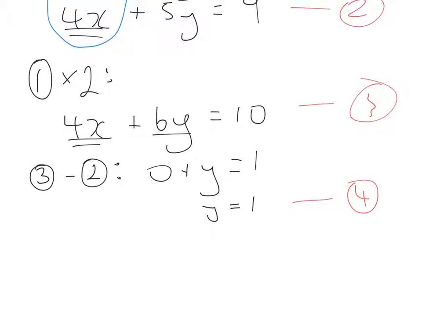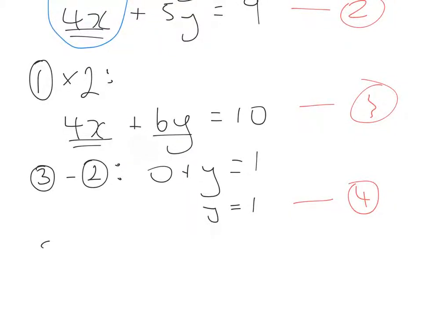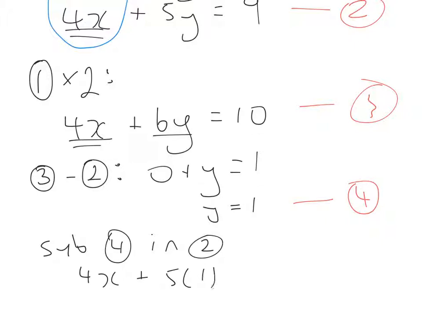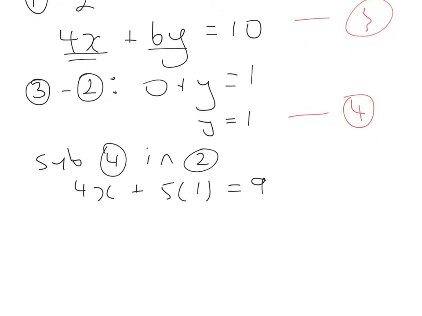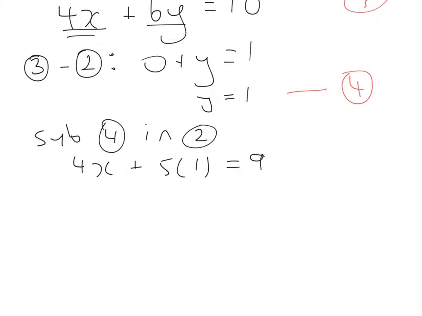And to figure out x, sub 4 in 2, so I can still see it. So 4x plus 5 1s equals 9. Finish solving it, find out what x is. 4x plus 5 equals 9. 4x equals 4. X equals 1. So that's all well and good,